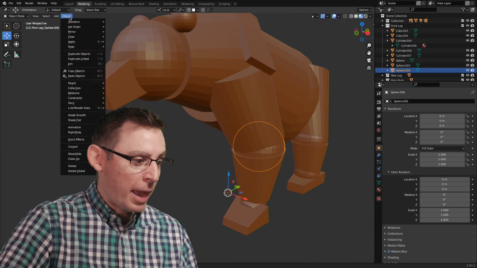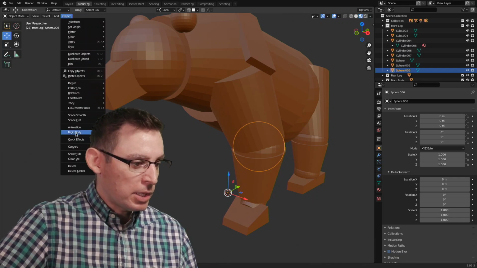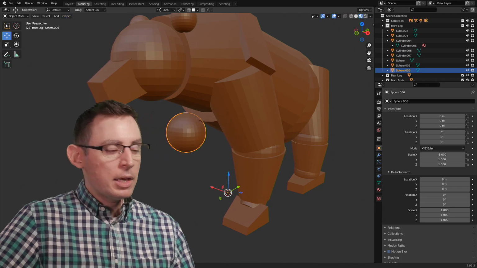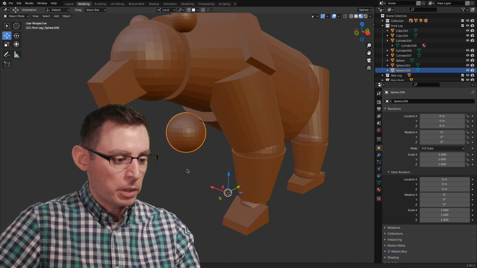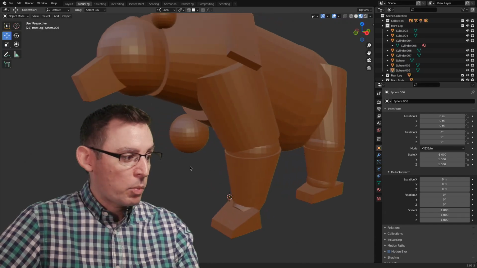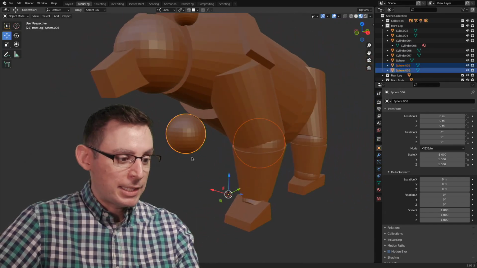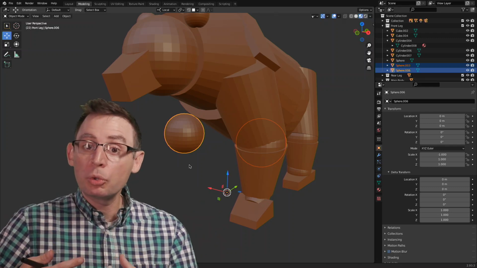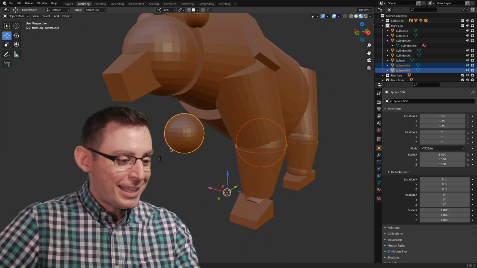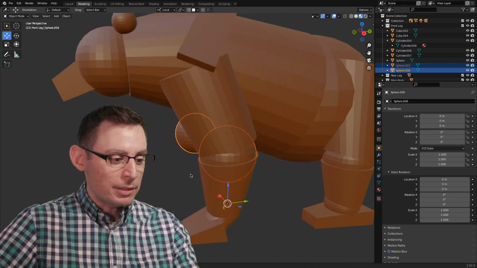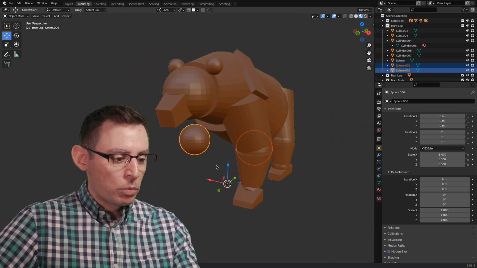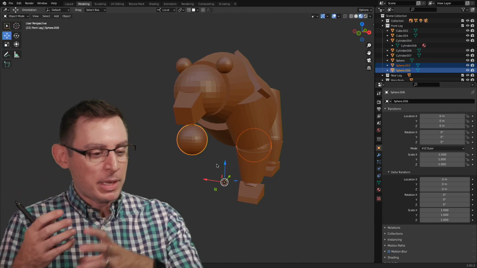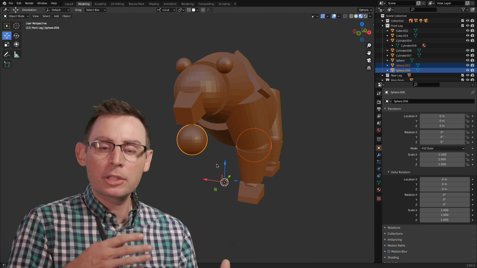So now we'll go back to the Object pull-down menu, and you can see that one of the choices we have in here is Mirror, and we're going to do Global X, and it pops that second duplicated object where we want it to go. Now on the surface, this is not a bad way of working because we have duplicate geometry that's identical to each other. However, the big problem with this, especially when we're sculpting a neutral pose, a sculpt pose, is that there's not a relationship between these. Oftentimes, when we're sculpting, we want to be able to see how the impacts of an edit are going to be immediately translated to the other side of the mesh.